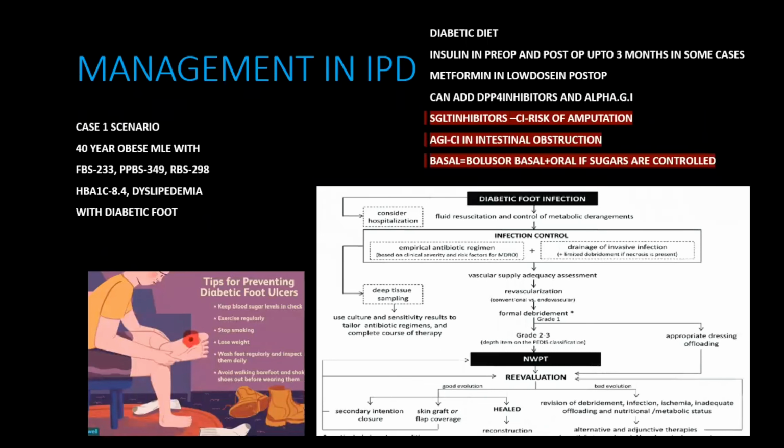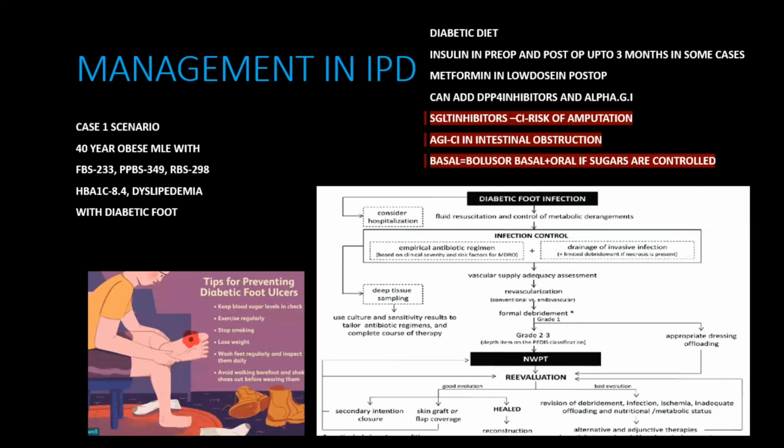Management of diabetic foot in IPDs. Case scenario: suppose a 40-year male with FBS 233, PPBS 349, and random 298, with HbA1c 8.4, with dyslipidemia and diabetic foot came to us for treatment. Then we should advise diabetic diet and insulin in pre-op and post-op, up to 3 months in some cases, and metformin in low dose we can give in post-op because it improves circulation. Can add DPP4 inhibitors and alpha glucosidase inhibitors also, but we should avoid SGLT2 inhibitors